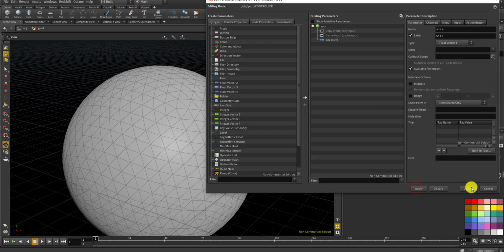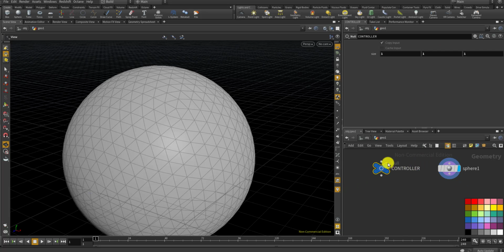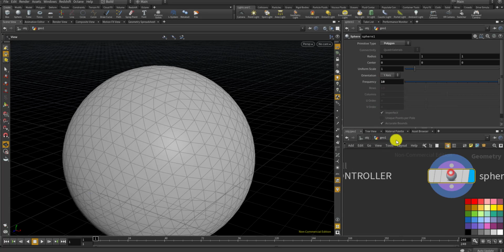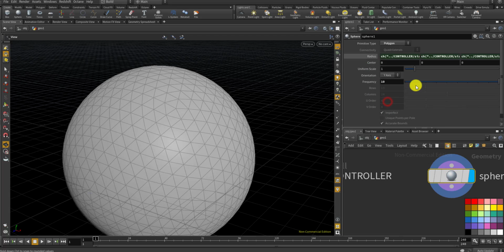So I'll apply this, and let's see. As a default, I set it to 1, 1, and 1 for x, y, and z, and copy this parameter and go to the sphere and paste it onto the radius,